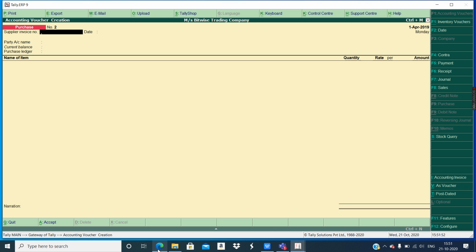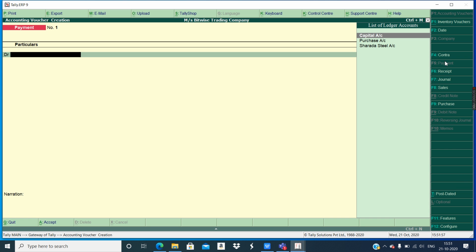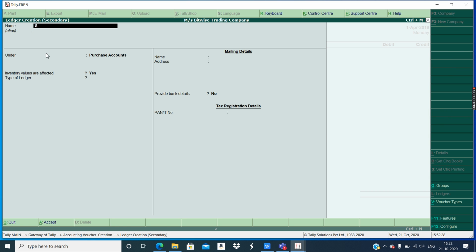Now payment. Okay, you paid salary, so payment. First of all, you have to start the payment voucher. Now decide who will get debit and who will get credit. Now as you can see, this is again the double entry system, because you have Dr and Cr. Dr is for debit. Who will be debited? Salary will be debited, cash will be credited. Okay, but we don't have a salary ledger. We have to create the salary ledger. So create the ledger. Alt C, salary account.